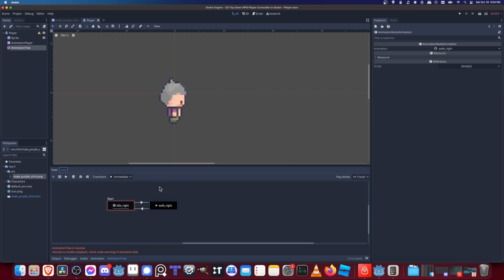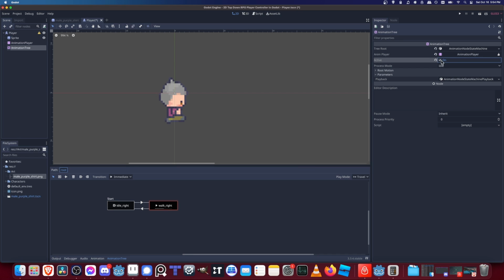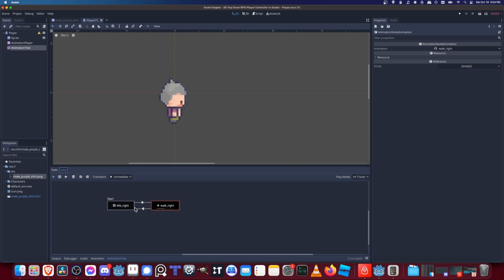Okay, so now with our animation tree, let's click on it and set it to be active currently. Right now it's playing walk right. I'm going to click on idle right over here, which should be our default starting animation. And as long as this is set as auto, it should be where our animation state machine enters at the start. So you can switch between them here manually, but really we're going to want to control that with code